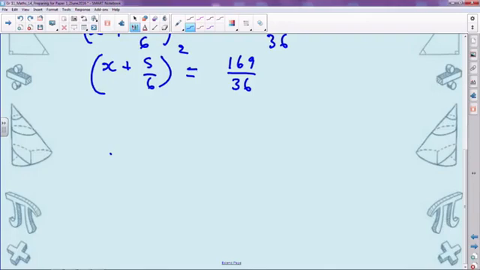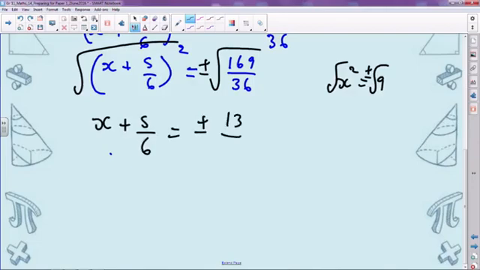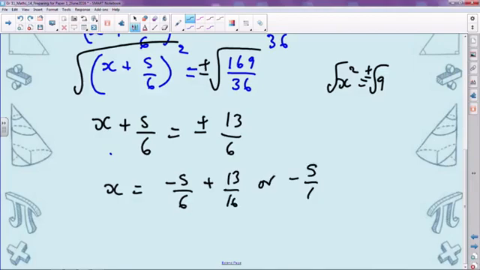Now, you want to remove that square. You'll square root on both sides. Now remember, if I've got x squared is 9, I'm square rooting on both sides. I can have either minus 3 or plus 3 in that place of x, so it's plus or minus. So we've got plus or minus, then that's x plus 5 over 6 equals to plus or minus root 169 is 13 over root 36 is 6. Then you get your x is minus 5 over 6 plus 13 over 6, or minus 5 over 6 minus